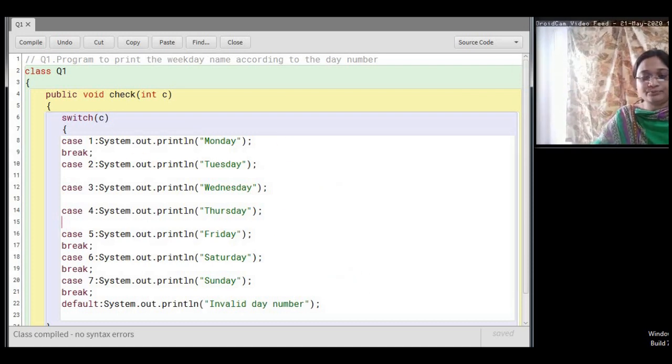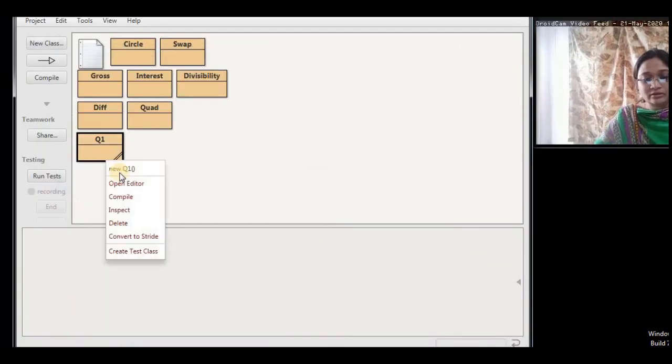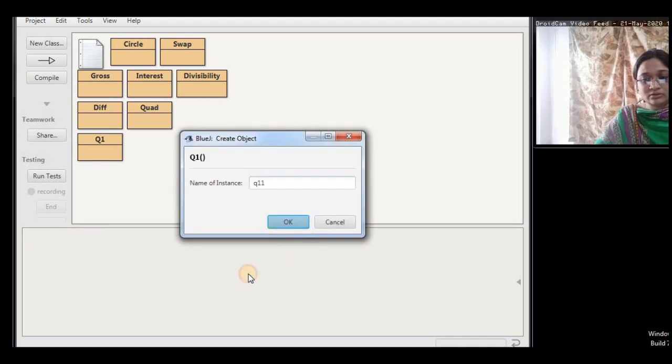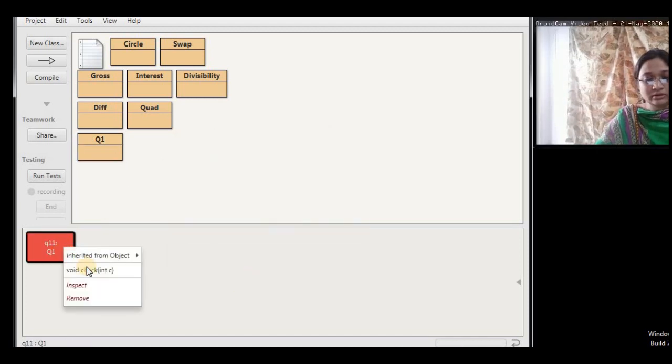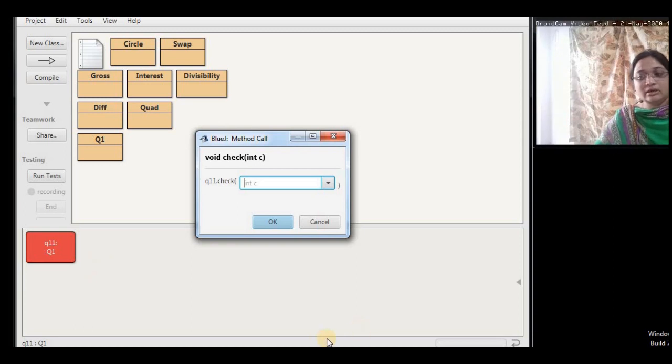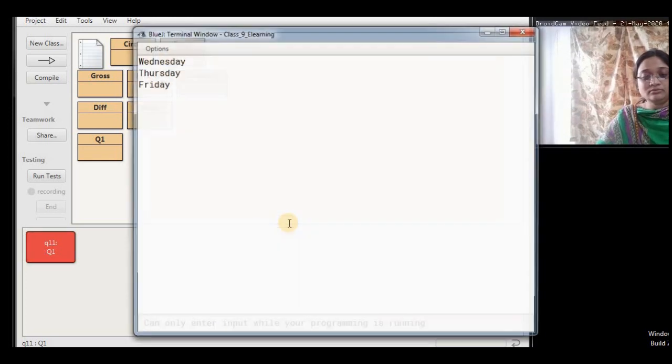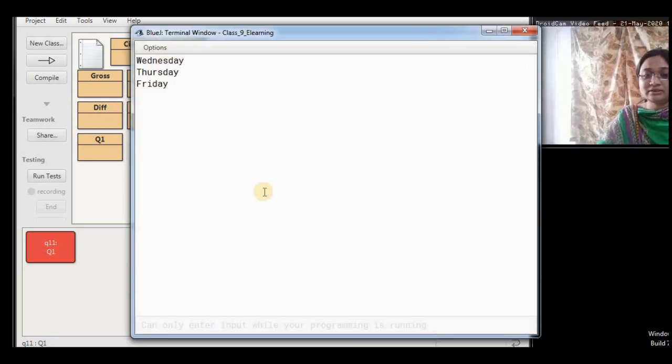We removed the breaks from cases 2, 3 and 4. Done. Now I'll give the case number as 3. What it is printing? Wednesday, Thursday and Friday.